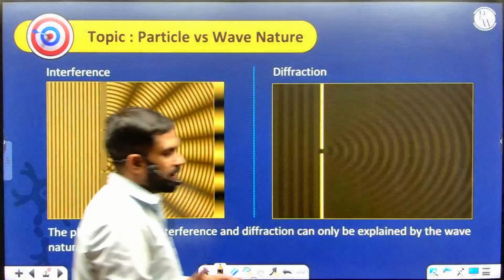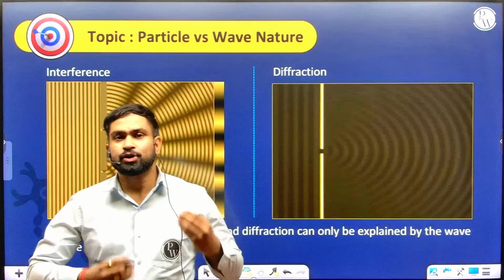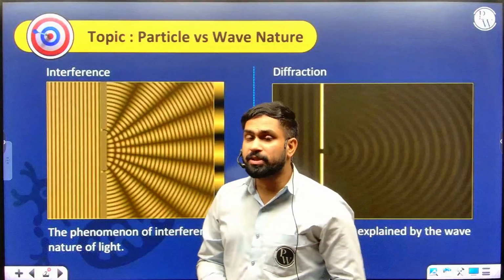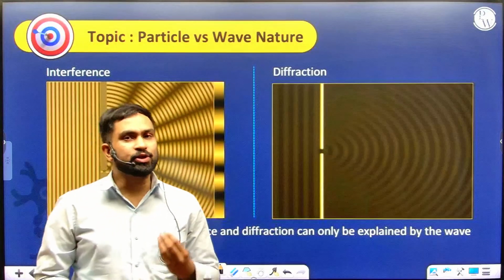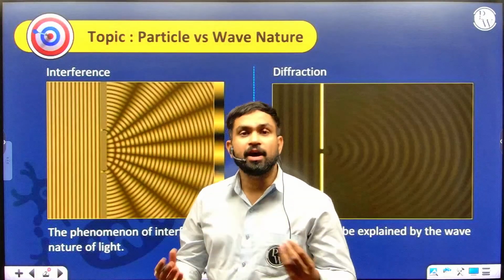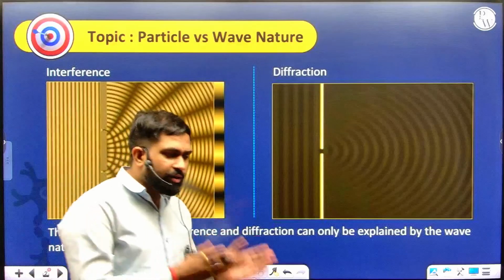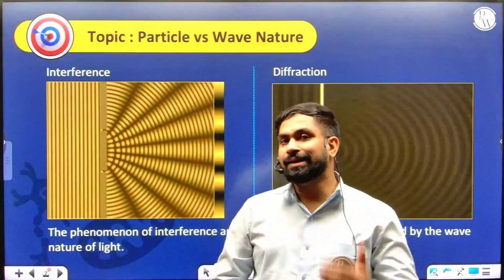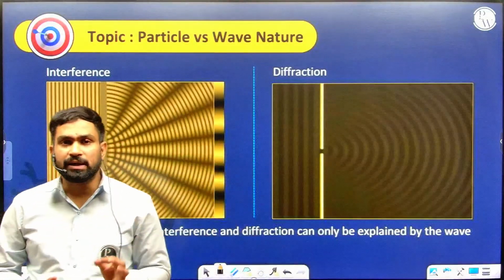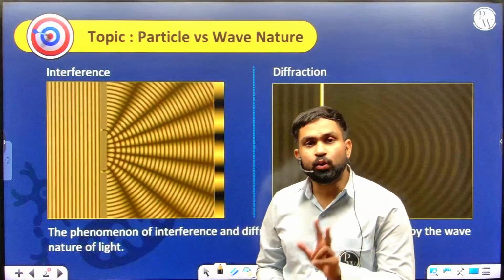As we know, for light we have a perception that it portrays dual nature. Dual nature means that in some phenomena it shows wave nature, as well as in some phenomena like the photoelectric effect it shows particle nature. So particle nature and wave nature at different times we can easily analyze, but in classical mechanics we can explain most of the phenomena using particle nature, but as far as modern physics is concerned, we need to analyze both of them.